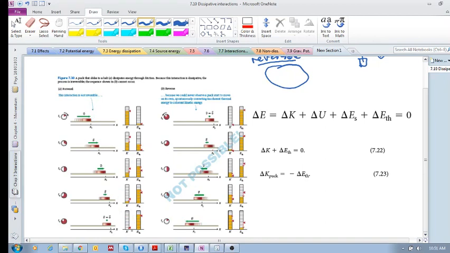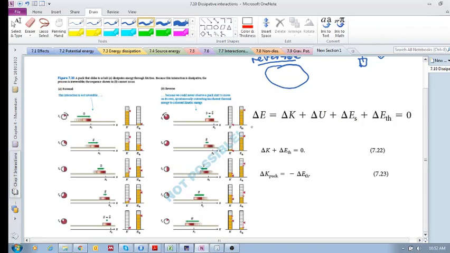We don't suddenly see this puck begin to move backwards spontaneously. There's a word here, spontaneously. It doesn't spontaneously begin to move backwards. So it says we could never observe a puck start to move on its own, spontaneously converting the incoherent thermal energy. Remember, this thermal energy is incoherent. We can't observe it spontaneously converting incoherent energy back to coherent kinetic energy. So we can't see this automatically happen. So it's an irreversible process.